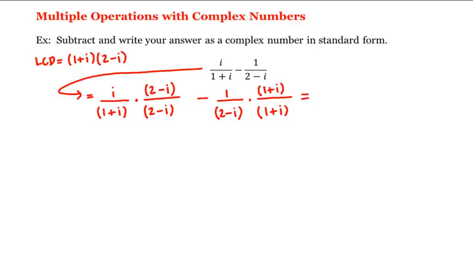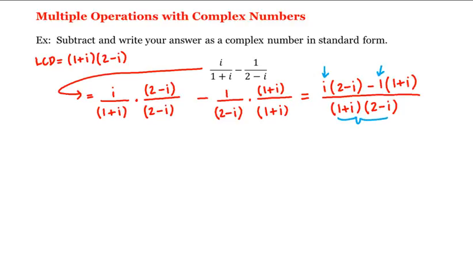That is, this is equal to i times 2 minus i minus 1 times 1 plus i, all divided by 1 plus i times 2 minus i. And now let's distribute both the i and the negative 1 through, as well as FOIL